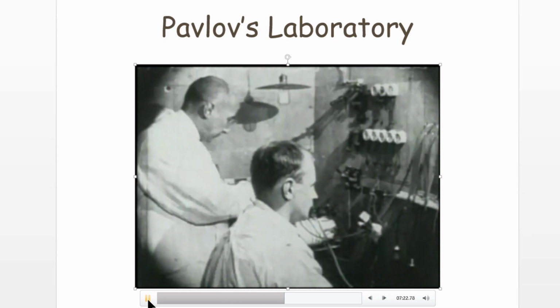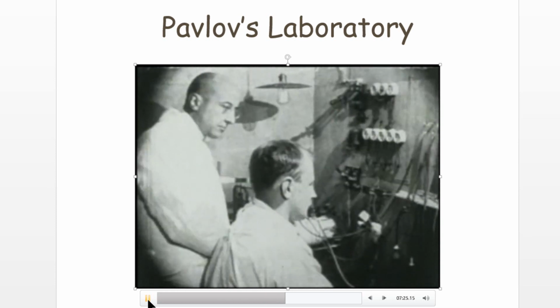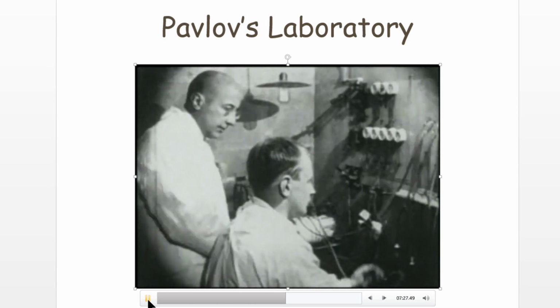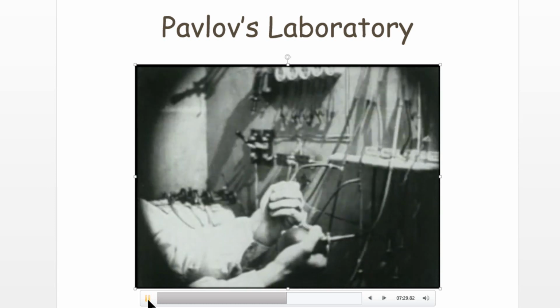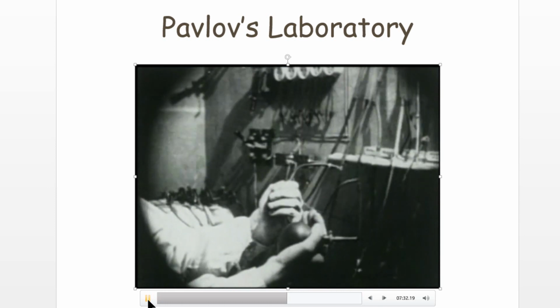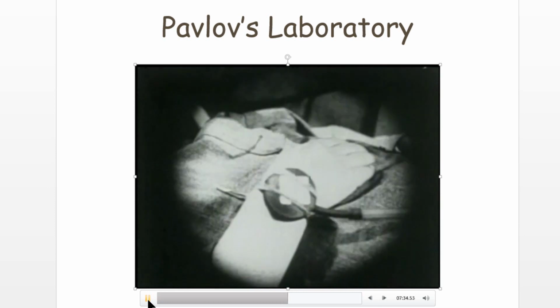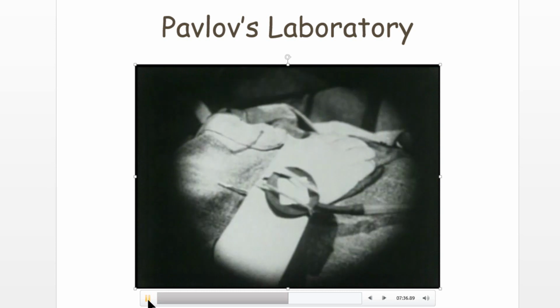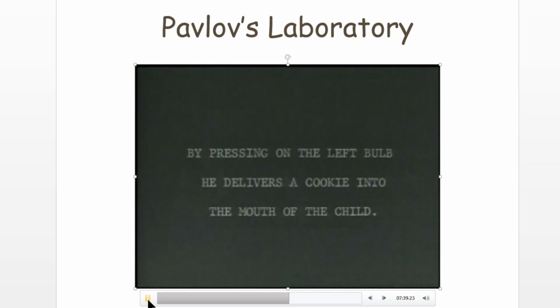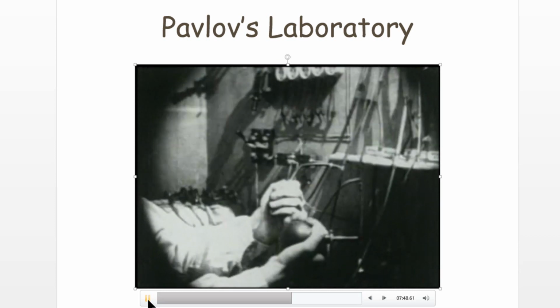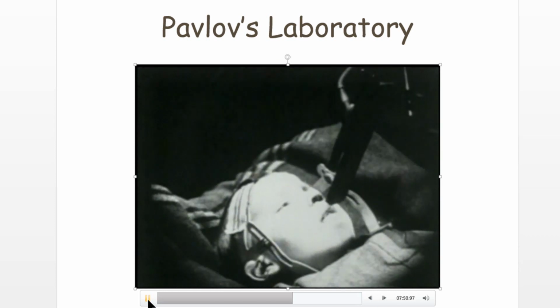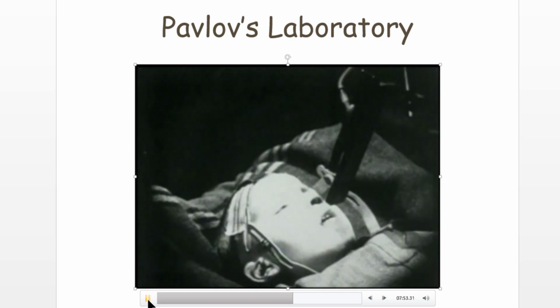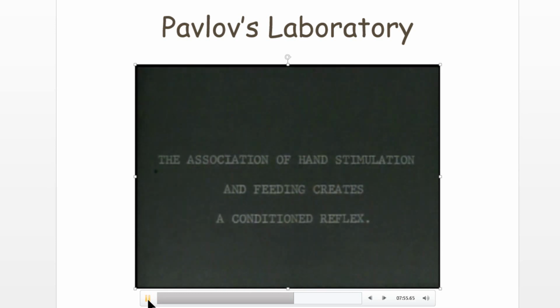So in a separate room, the experimenter is going to squeeze a rubber bulb, which will push air through it, and that will inflate the bulb that's on the child's wrist. And that's the stimulus. Instead of using a metronome, they're using this rubber bulb on the child's wrist. That wrist stimulation is the conditional stimulus, the cue that will be associated with a cookie coming out of the chute, which you just saw. And there's the child eating.